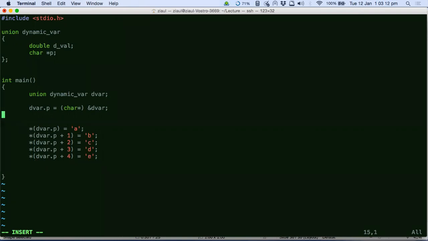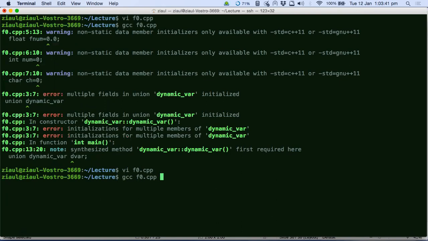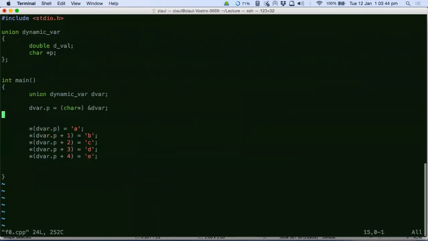Sir, instead of this, like in one of the previous examples, when you initialized this p with a string name, we can use that also, no, sir? Instead of using a pointer for each of the characters. You want to use strings here, is it? Yes, sir, because this is also like a string only. Let's see if it's correct. Yeah, it's correct. This is syntactically correct. So you can visit all the bytes of the union using this syntax.